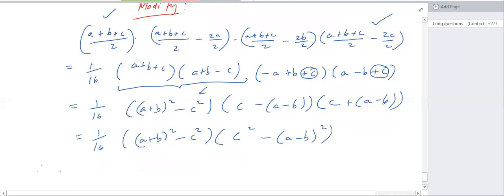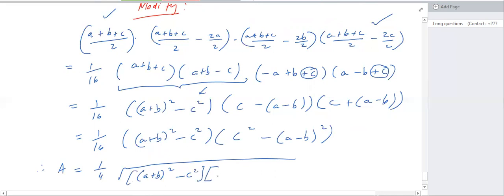Therefore, Heron's formula simplifies to, remember, we still need to take the square root of this entire thing here. If we do take the square root of this entire thing, we will get quarter square root of A plus B squared minus C squared into C squared minus A minus B